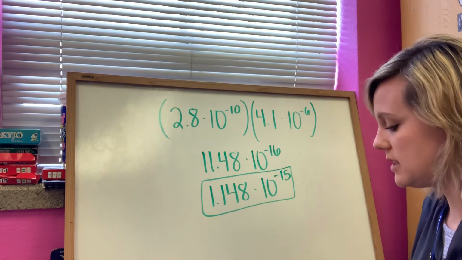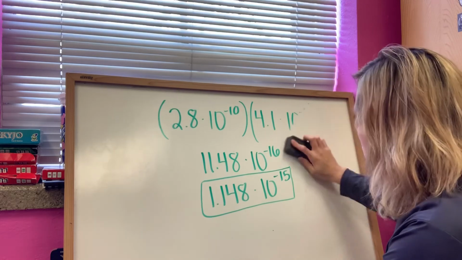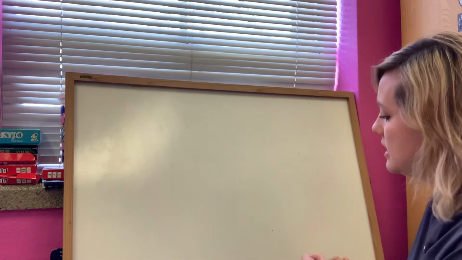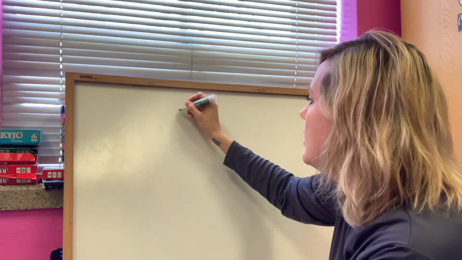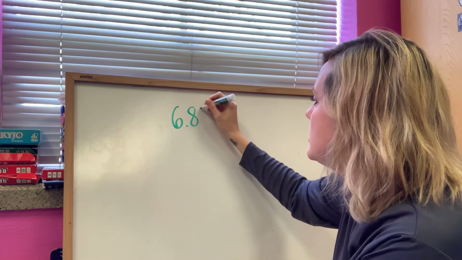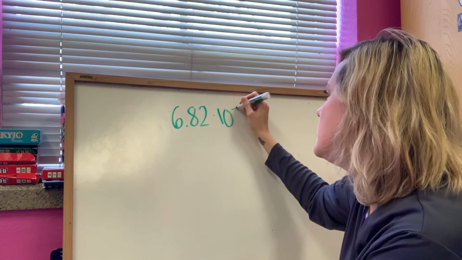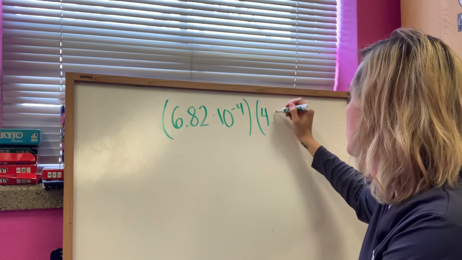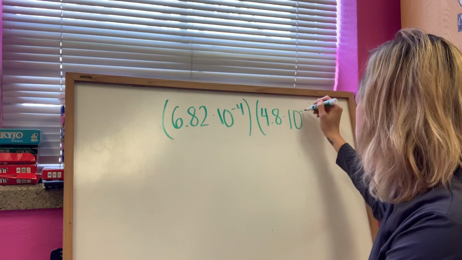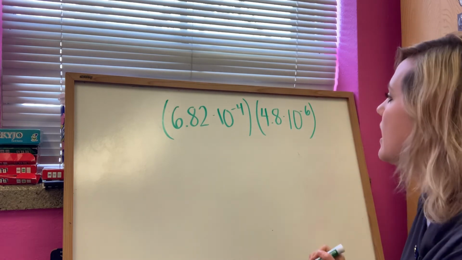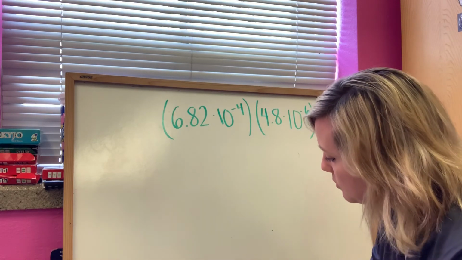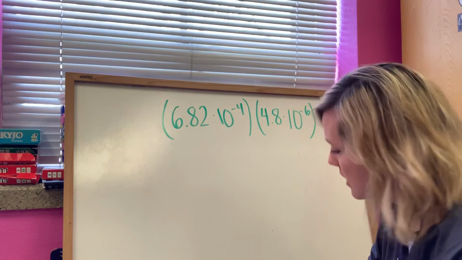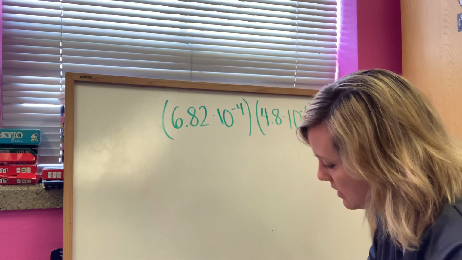Let's do another one very similar to that. And maybe you try it and then pause the video, and then I'll go over it. So let's do 6.82 times 10 to the negative 4th times 4.8 times 10 to the negative 6. Okay, so we have 6.82 times 4.8 gives us